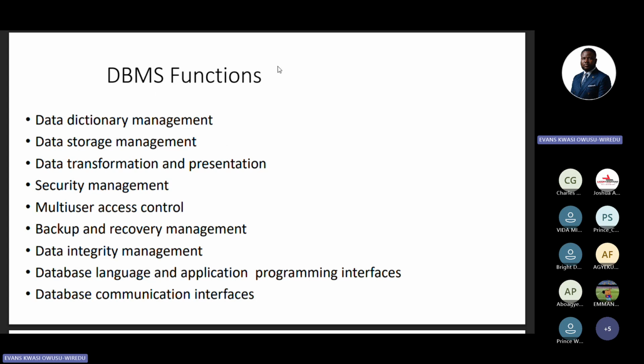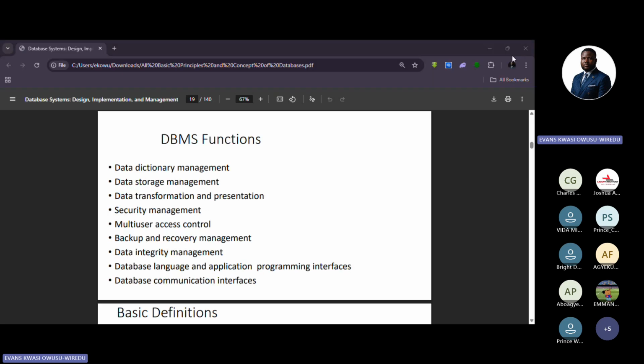Basically, right? So the database management system, what are its functions? What are the functions that they should have? The languages, the programming languages, or the interface, the programs for DBMS. What are the functions that they normally have, right? They have data dictionary management, right? This one normally includes how easy it is to find words. You should be able to easily find words, because it has to do with data and fetching of data.